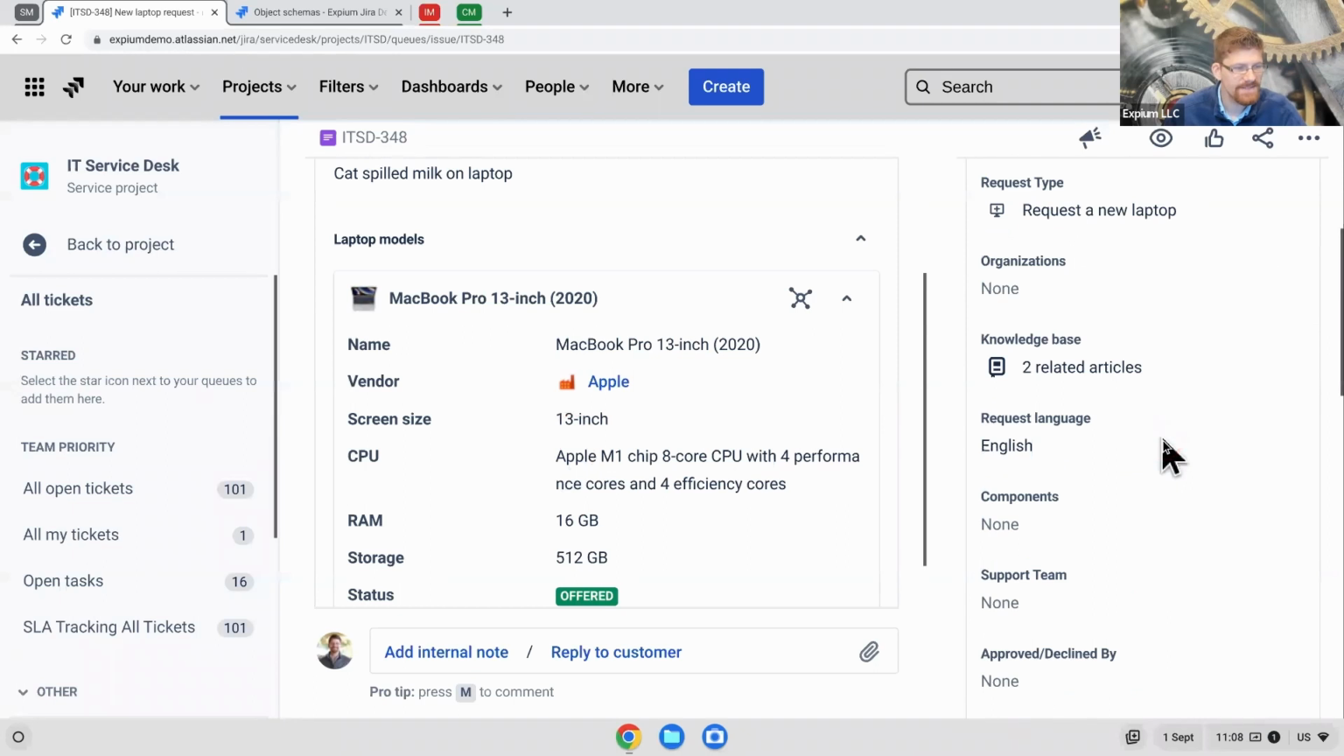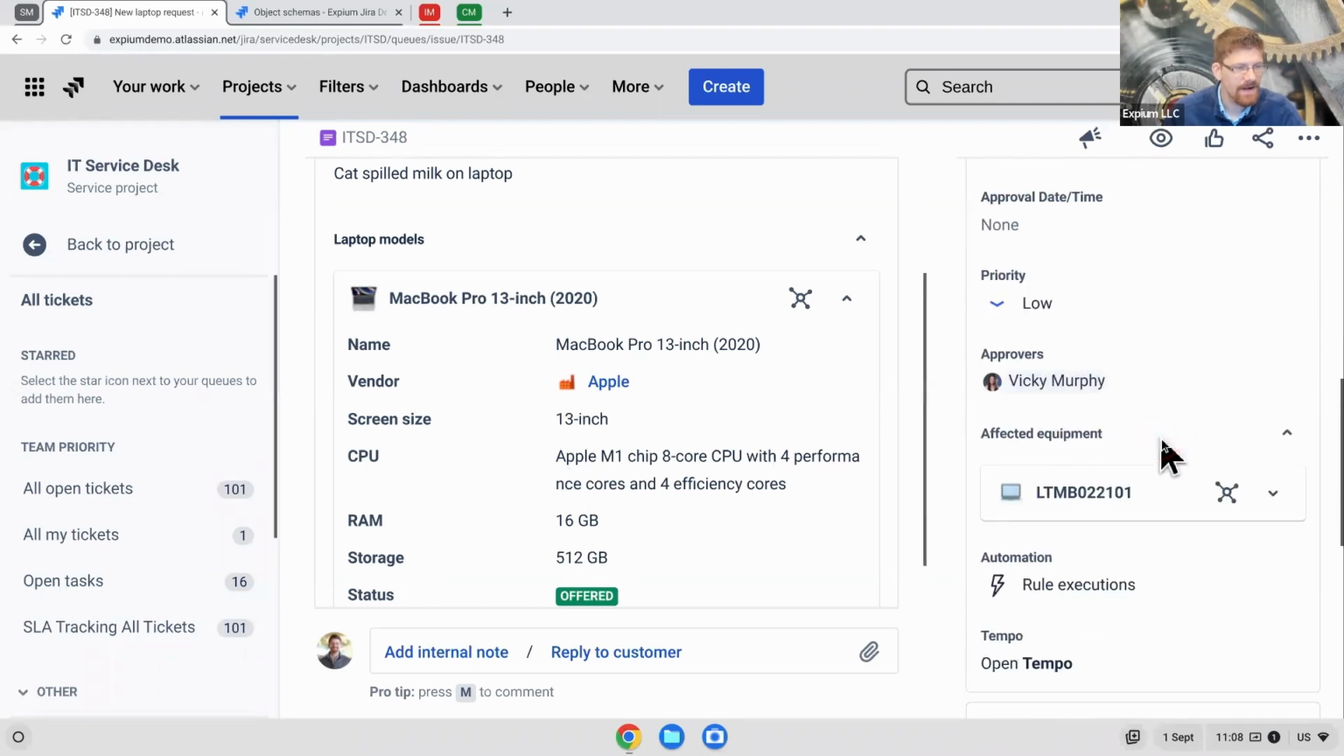And then over on the right side, under these context fields, I can see that Vicky Murphy is an approver. The customer's boss happens to be Vicky. And so actually what happened in the background here is once this ticket was submitted, an automation ran that went and found the customer's department's manager's Jira user and put them in the approver field. So Vicky just got an email saying Brian needs a